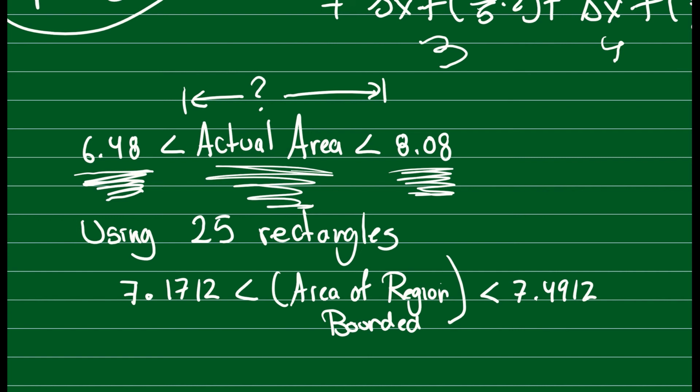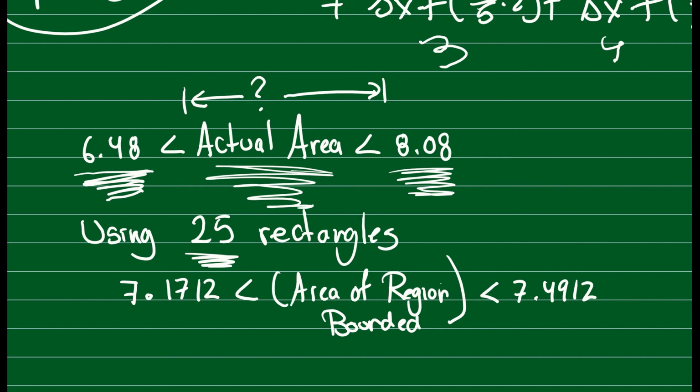That's what we're interested in. If we increase the number of rectangles that we use, the little space between the rectangles and our curve becomes smaller and smaller. So by increasing the number of rectangles, we're increasing the accuracy of our area estimate. If we use 25 rectangles, for example, nobody's actually going to sit down and calculate 25 rectangles and add them all up. But we know that the area estimate using 25 rectangles is somewhere between